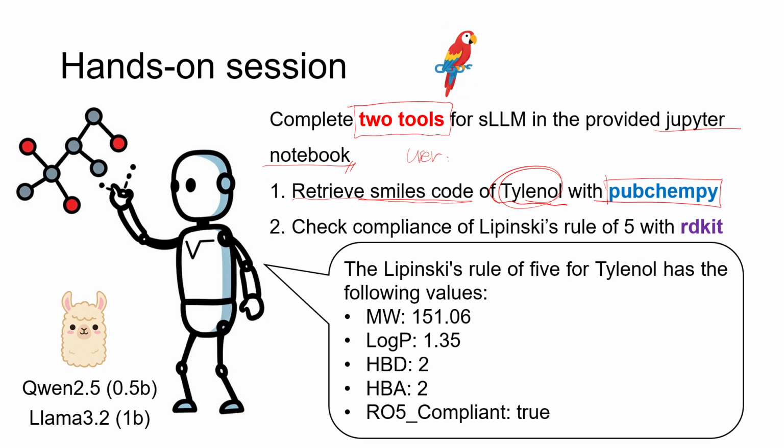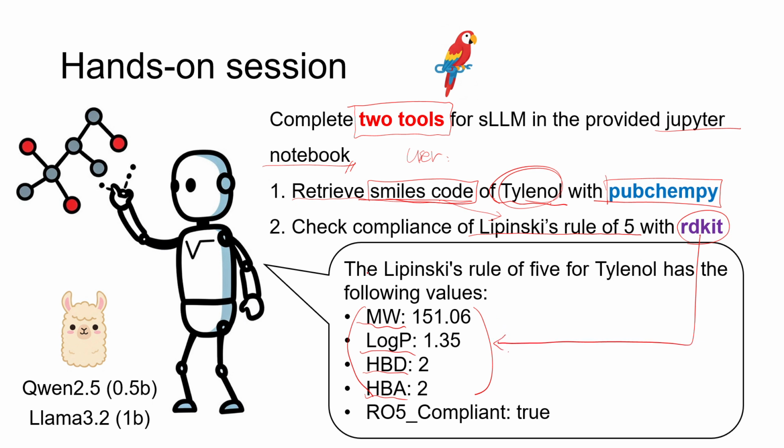And then once the SMILES code is retrieved, it will be used to check compliance with Lipinski's rule of 5. So you need to calculate molecular weight, log P, hydrogen bond donors, and hydrogen bond acceptors with RDKit,